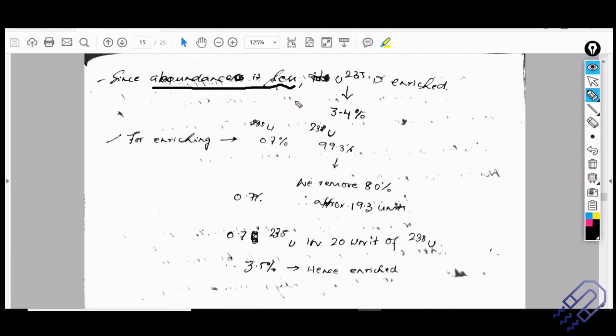So if we consider uranium 235, and let's say it is not 0.75%, if I have an amount of, let's say, 0.1 gram, and out of that 3 to 4% is uranium 235, I will say that it is enriched. What does it mean? It means that I have got more uranium 235. Imagine having a block of uranium, and out of that if you have only 3 to 4% of uranium 235, still you can generate an enormous amount of energy.